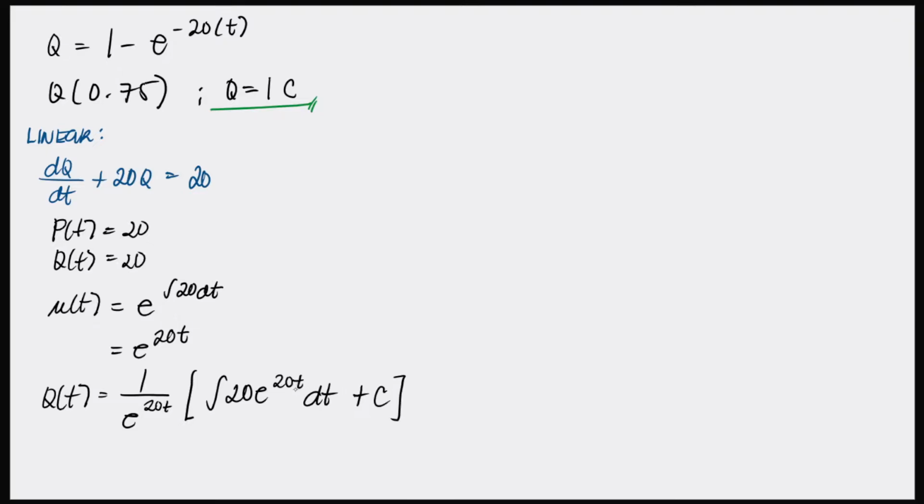Here, it is already satisfied. We have u is equal to 20t, so du is equal to 20 dt. So we can proceed directly with e^u du. The integral of this is e^u plus c, or simply e^u. So we have Q of t equal to 1 over e raised to 20t